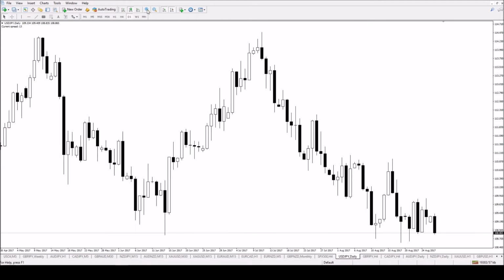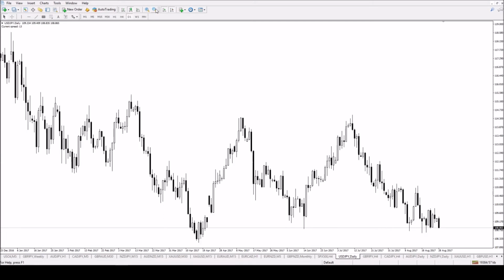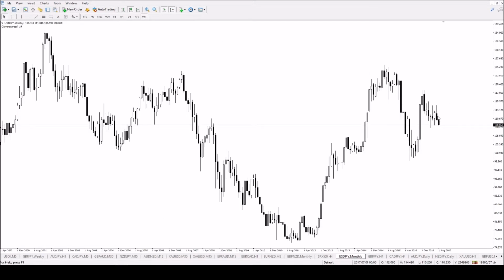So if we look at dollar yen, obviously we can see it's weak. Looking at the monthly, I wouldn't want to long this. If I was going to long it, it would be short term only. But so far so good. So this low is